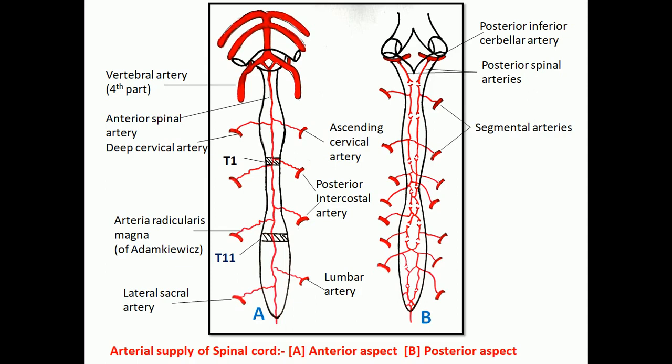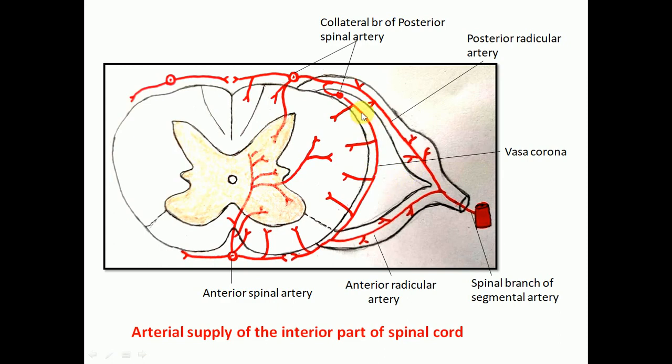arterial trunks. Now this anterior spinal artery on the anterior aspect and posterior spinal artery on the right and left side also divide into collateral branches, medial and lateral collateral branches, right side as well as left side. So 2 plus 2, 4, and 1 on the anterior aspect also form the 5 arterial longitudinal channels, and the 5 arterial longitudinal channels also communicate with the radicular arteries, or we can say segmental arteries, when they enter the spinal cord, and ultimately these form the major arterial channel or trunk.